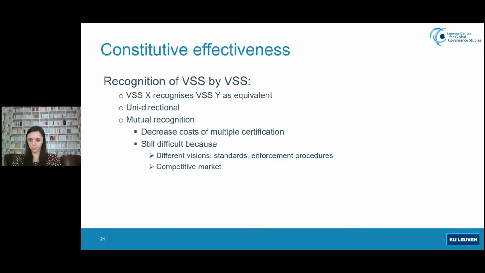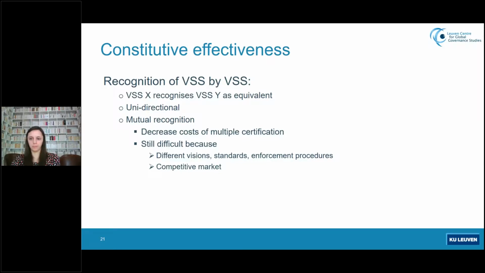So the diversity of VSS on the market also means that it's a very competitive market, and that there is a risk that some VSS lower their standards to increase their adoption levels. So this is very problematic because it creates a race to the bottom, and it also, of course, jeopardizes the credibility of VSS. Because if all VSS lower their standards, then it just becomes pure greenwashing,